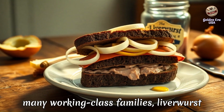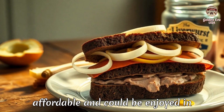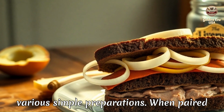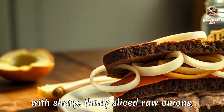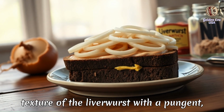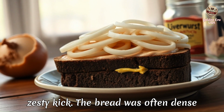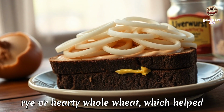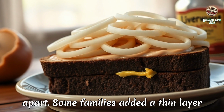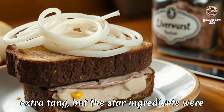For many working-class families, liverwurst was a pantry staple because it was affordable and could be enjoyed in various simple preparations. When paired with sharp, thinly sliced raw onions, this sandwich balanced the creamy, dense texture of the liverwurst with a pungent, zesty kick. The bread was often dense rye or hearty whole wheat, which helped hold the soft spread without falling apart. Some families added a thin layer of mustard or butter to add moisture and extra tang, but